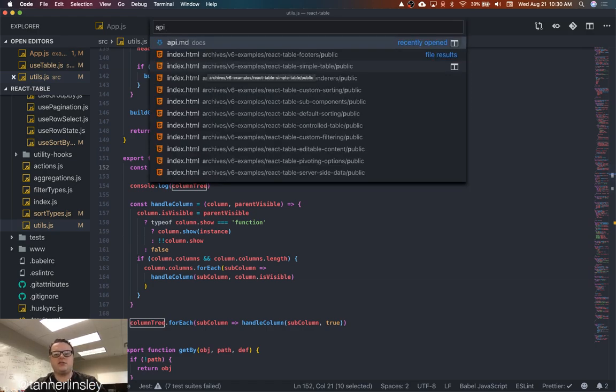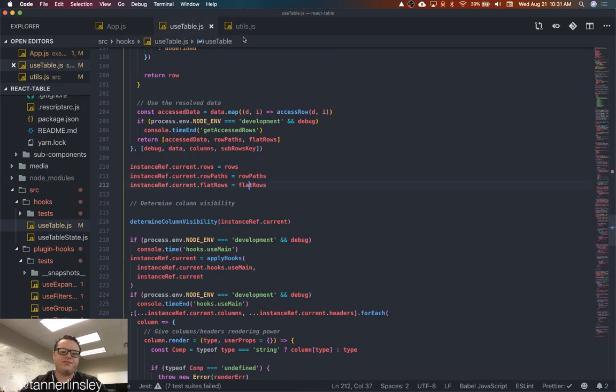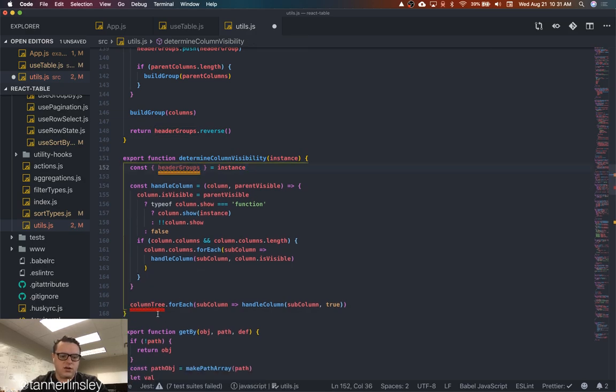The column tree is not really that stable, so we can't use that. We need to use the header groups. So instead of the column tree, we'll use the first header group row, and we'll do headers. And then right here, we'll say